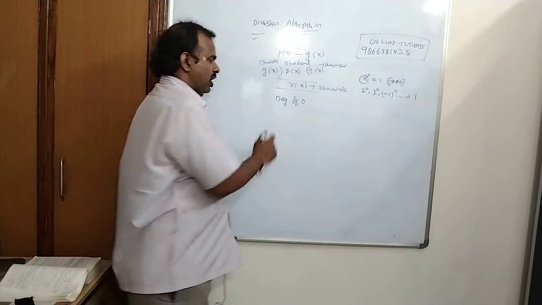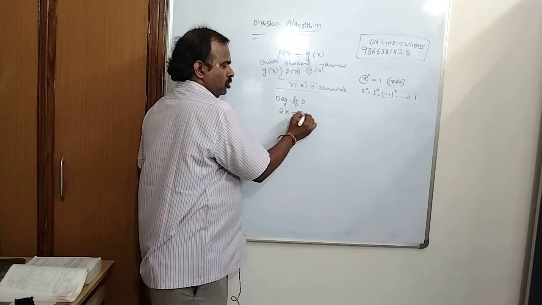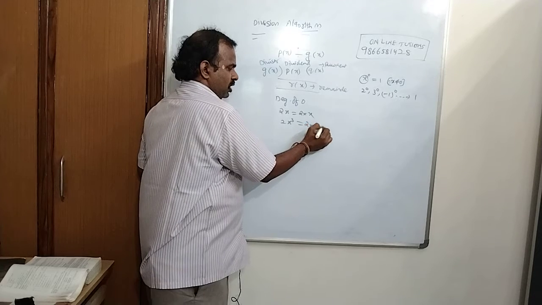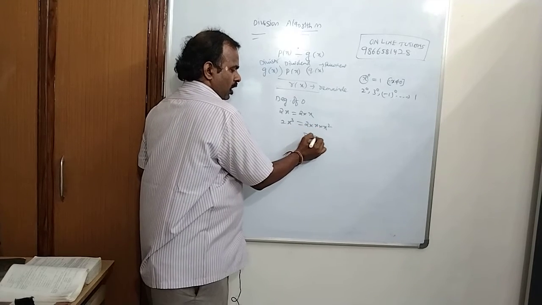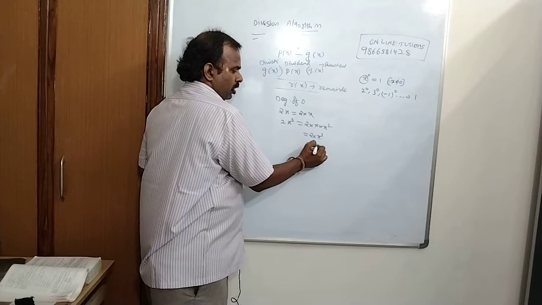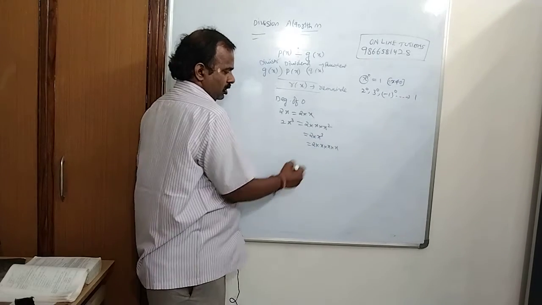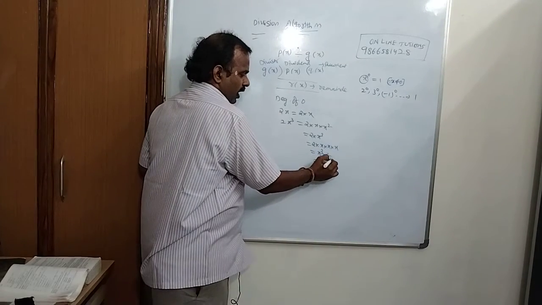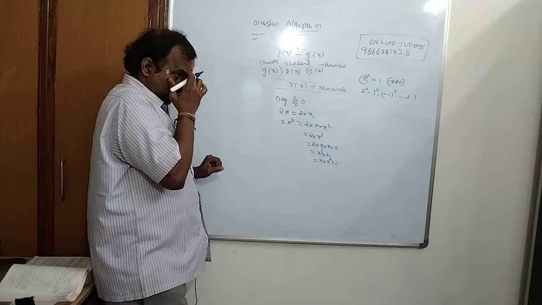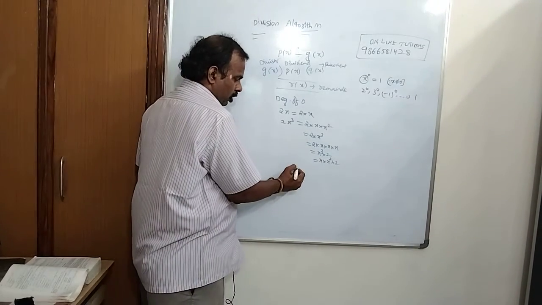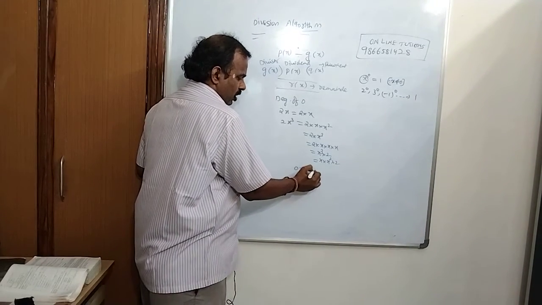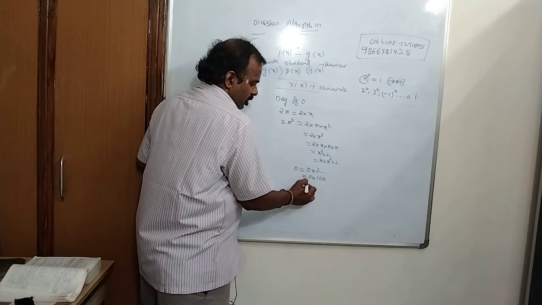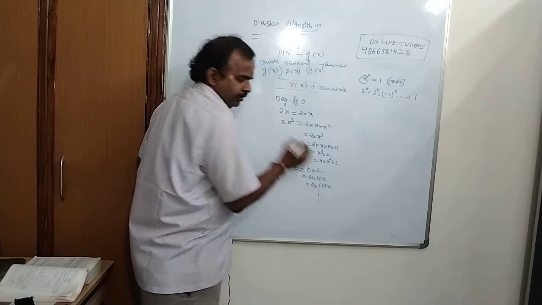Now come to the polynomials. 2x means 2 into x. 2x cube means 2 into x square, or 2 into x cube, or 2 into x, or x cube into 2, or x into x square into 2. So you can write in these many forms. Now when you are talking about 0, can I write 0 as 0 into 2? And can I write 0 as 0 into 100? So 0 into 1000, and so on, right?